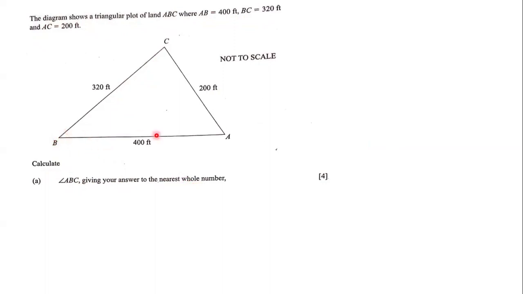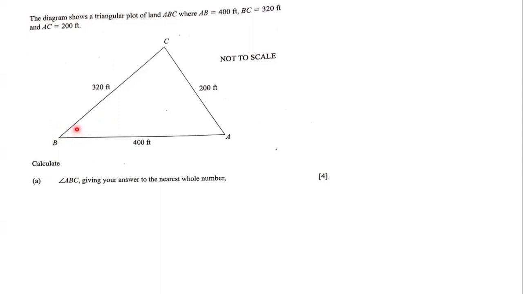Well, the missing angle is ABC. We're really looking at this particular angle right here. This is the missing angle right here. Angle B, right? Because that's the one in the middle, right? So angle B is the missing angle. Now, in order to find it, we are going to